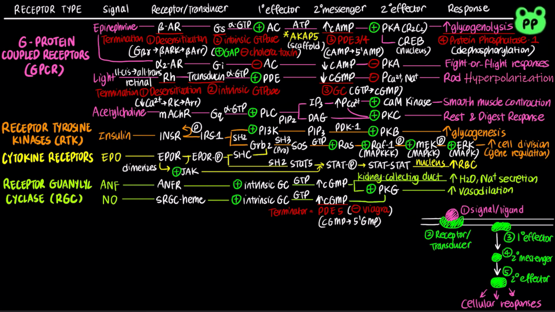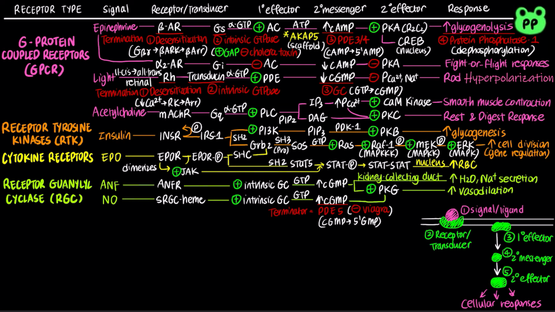Notice that so far I've covered protein kinases A, B, C, and G. To recap, protein kinase A, or PKA, is activated by cyclic AMP in the epinephrine pathway. Protein kinase B, or PKB, is activated by phosphoinositol triphosphate in the insulin pathway. Protein kinase C, or PKC, is activated by both calcium cation and diacylglycerol in the acetylcholine pathway. Protein kinase G, or PKG, is activated by cyclic GMP in the atrial natriuretic pathway as well as the nitric oxide